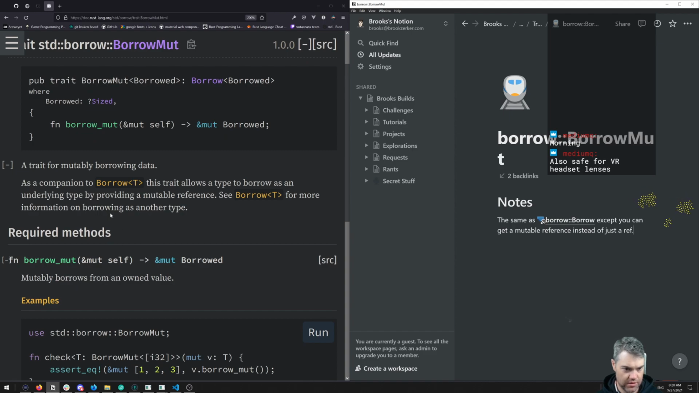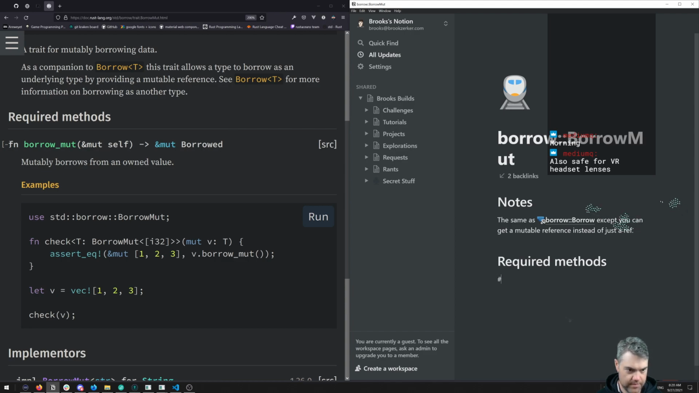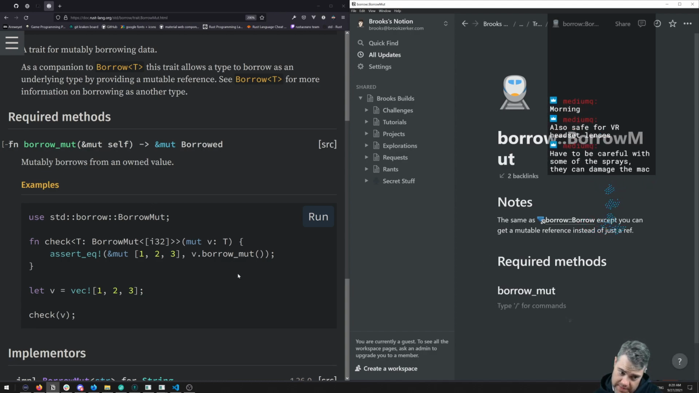Okay, so basically then we just have our required methods. So it mutably borrows from an owned value. So basically